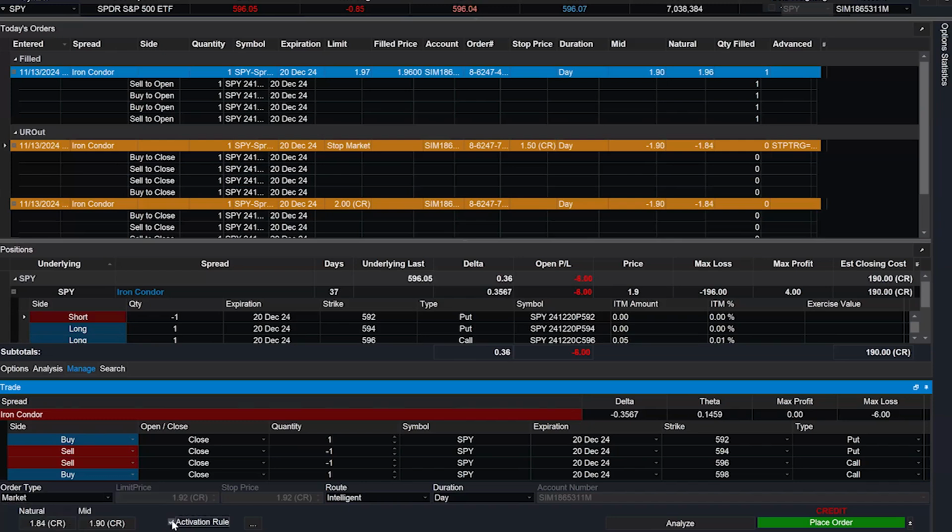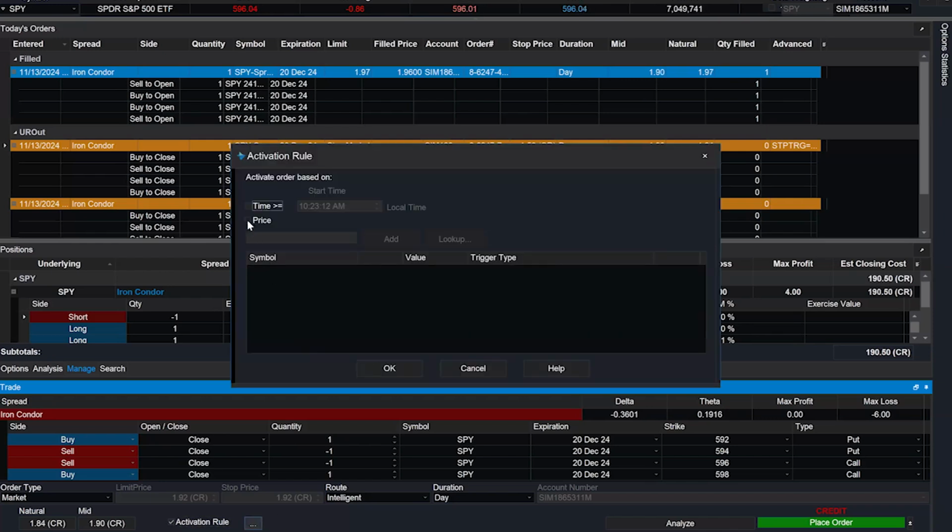By the way, there is a video inside of the Options Education Center that talks about activation rules in a little bit more detail. So I would suggest that anyone that is interested in setting activation rules on their orders watches that video. But here I can click on the ellipsis and base my activation on the prices of the underlying. So SPY,